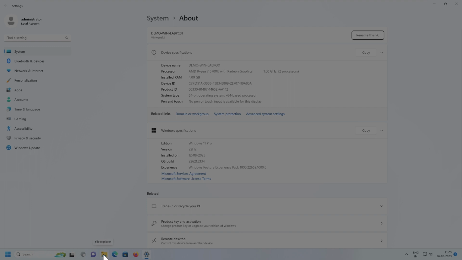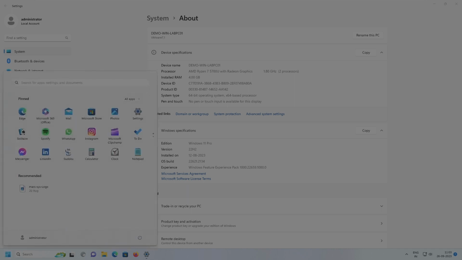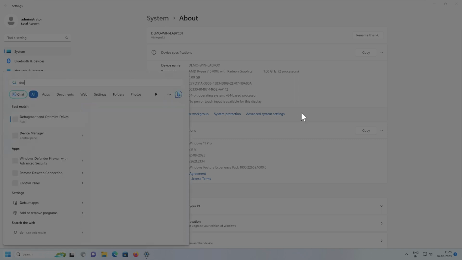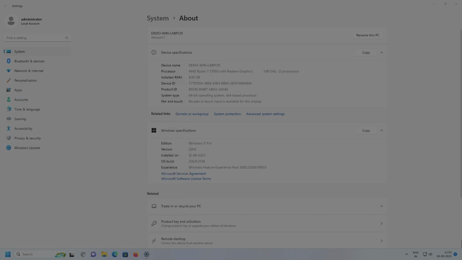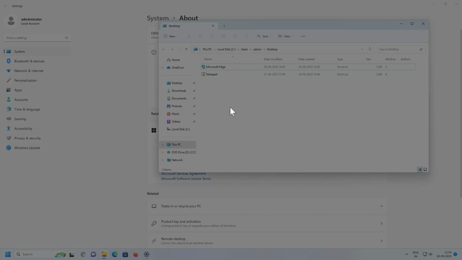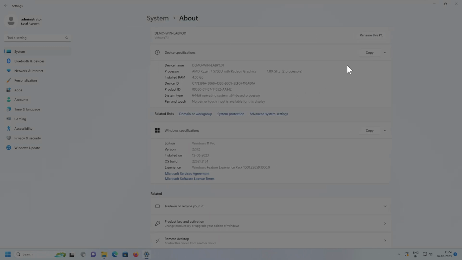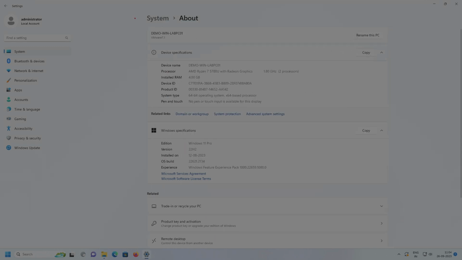You simply click on the folder option, or you can click on the Start menu again and select the desktop, or click on the Start menu and search for desktop. Click on the desktop. Once you see the desktop, you have an option here on your left side which says This PC. Right click This PC and select Properties, and you will get this system